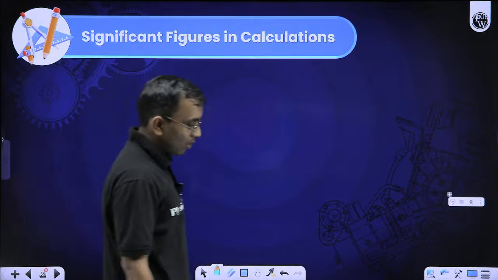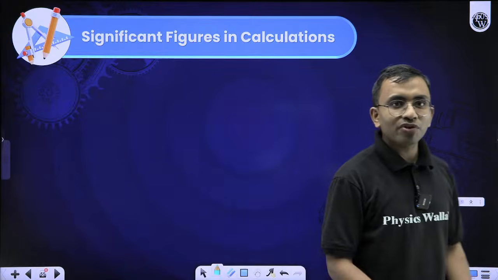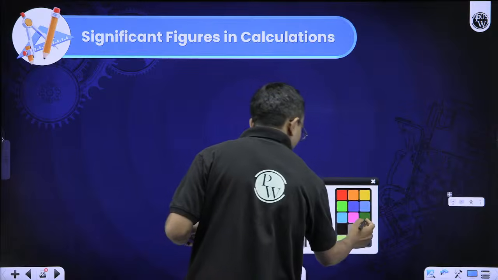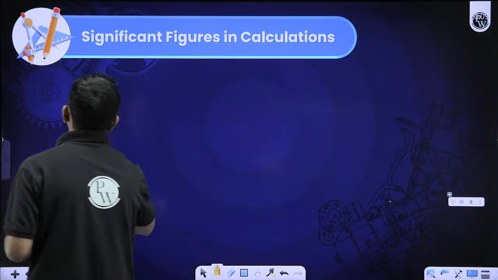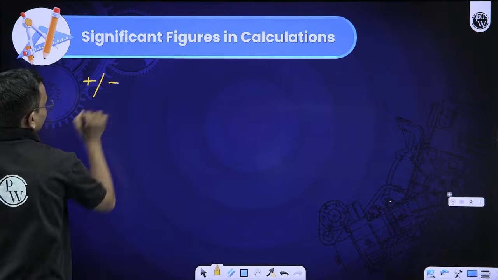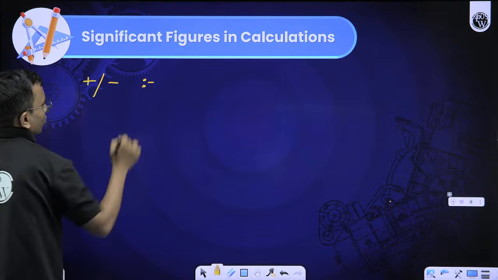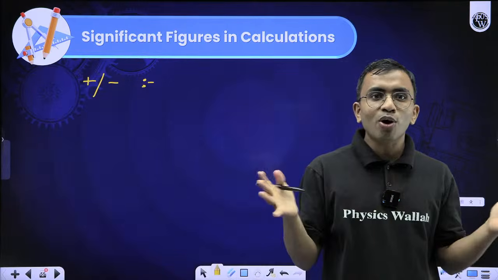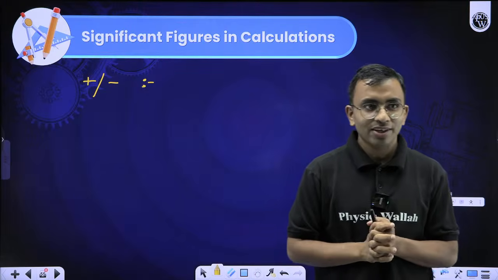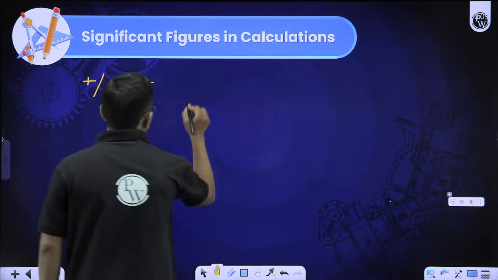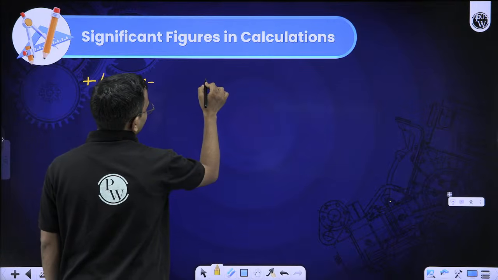Okay, now the rules of calculations with significant figures. Let us talk about first addition and subtraction. So let us take, you have to add or subtract 2 digits. What is the rule of significant figure says? So the rule of significant figure says, when you have to add, let us take